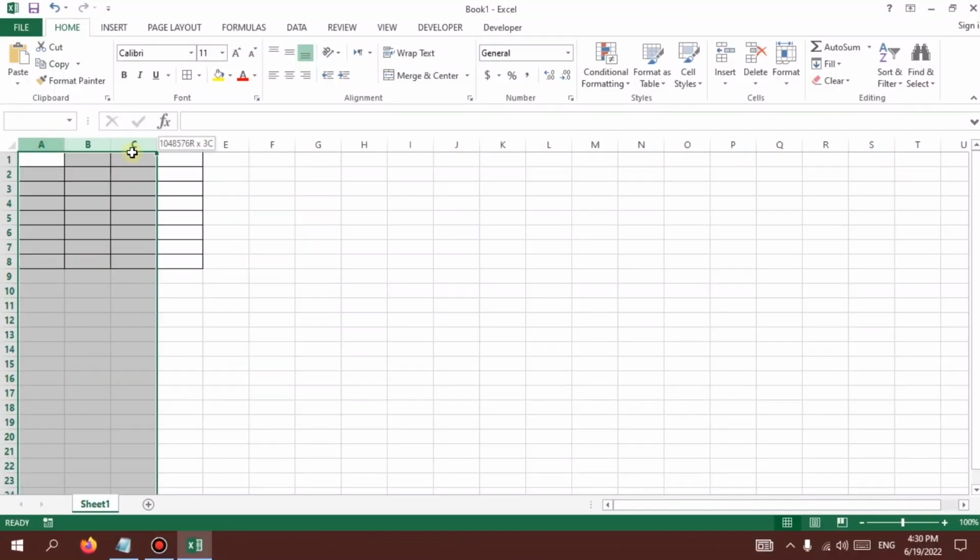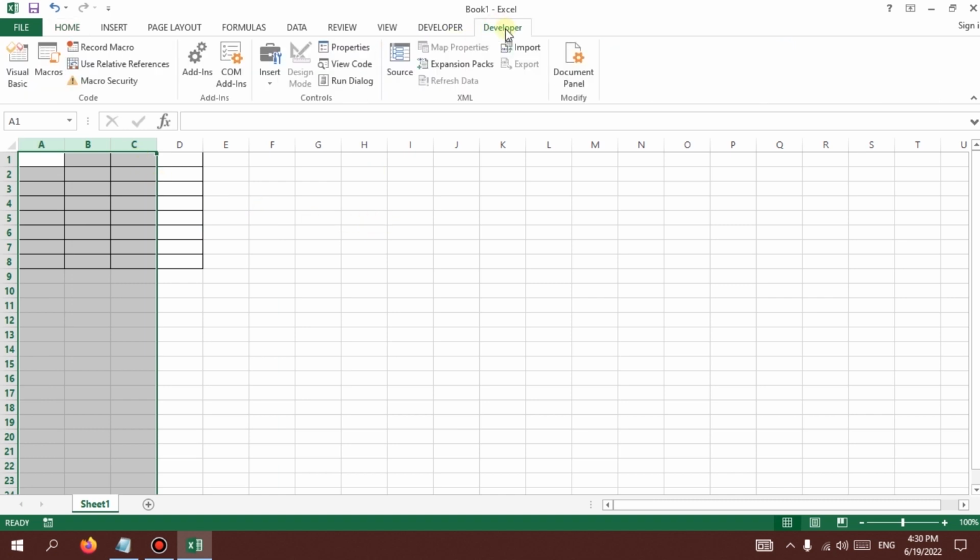In this example we need to hide column A to C. First we need to create a button. Go to Developer tab. If you don't have Developer tab, right-click on an empty place inside the menu bars, then click